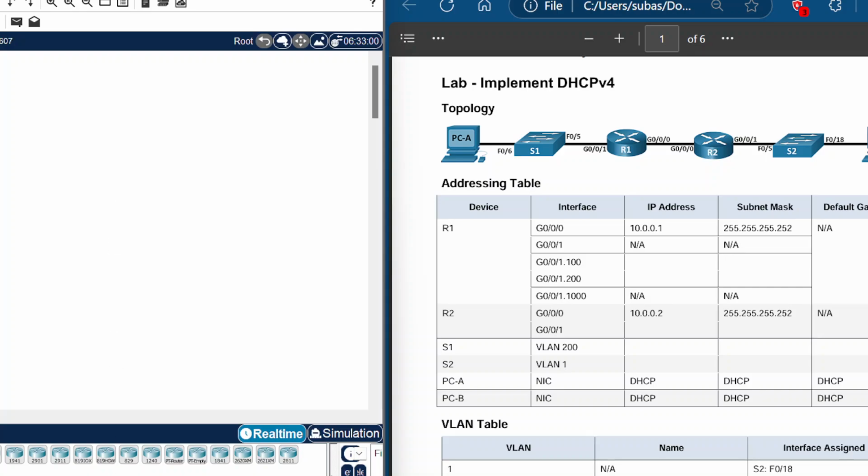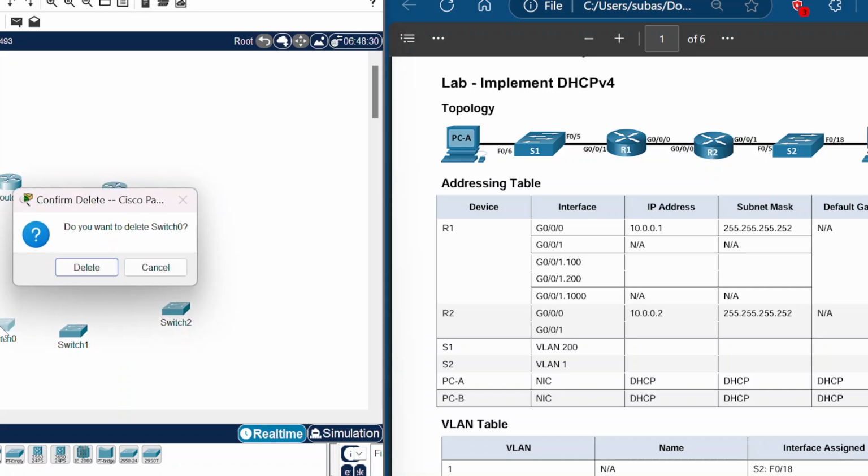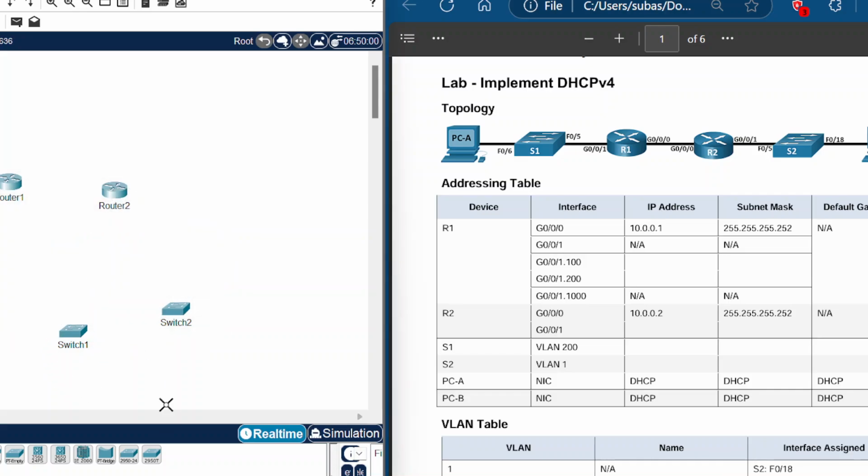I'm gonna delete this. We need two switches, so I'm gonna come here on my left side and pick a router. I'm gonna pick 4321. I'm gonna pick two routers. All right, and then over to my switches, I'm gonna pick one, two. Actually, I'm gonna do this. I'm gonna delete this guy. It says 0, so